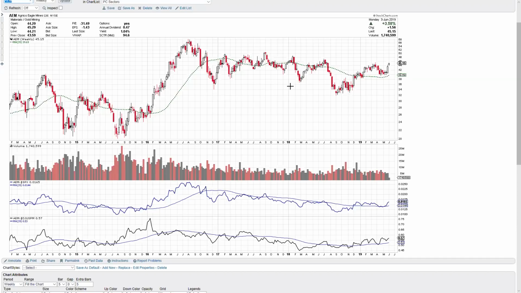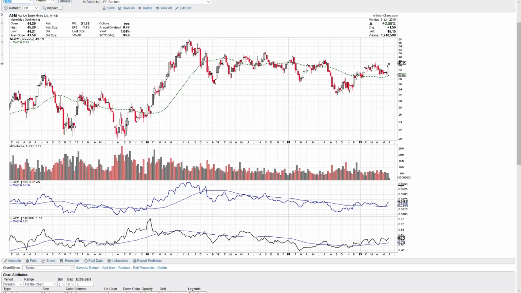Agnico Eagle. And so you can see here it's turned up. It's above its long-term moving average. It's pulled back. The moving average is now rising on price, and we've got a pivot upward for Agnico as it tries to turn up and get through the overhead resistance that is just above the level that we're at now. Relative strength is all important. You can see here Agnico has pulled back to its rising moving average. The relative strength is starting to turn up. That shows that it's leadership. And so if this leadership can persist, you have a rising relative strength. It's above a rising moving average. This is very